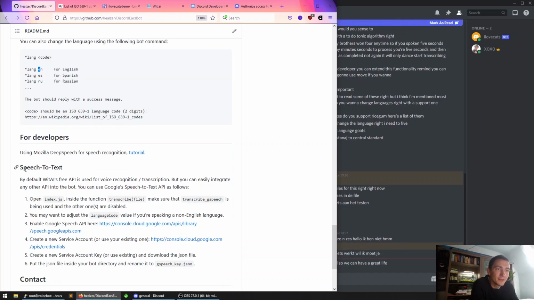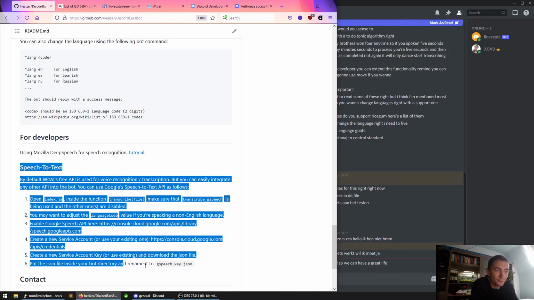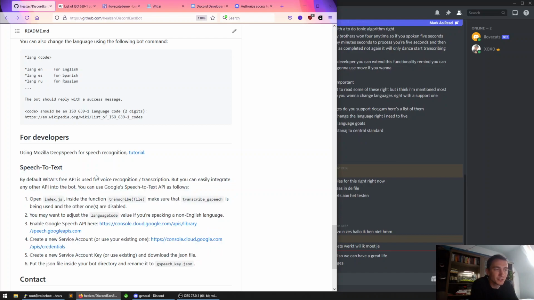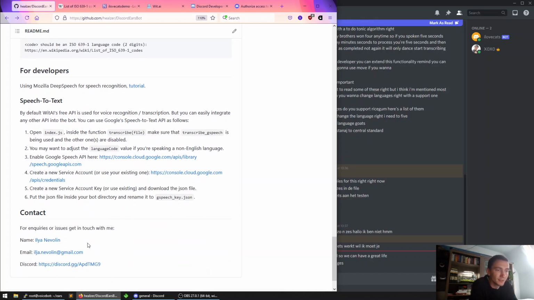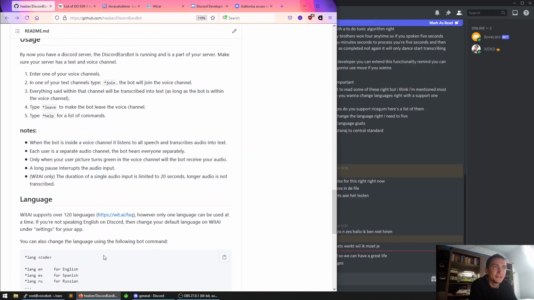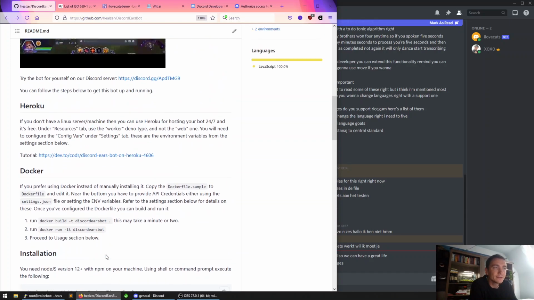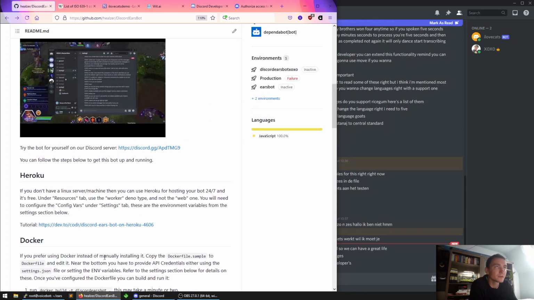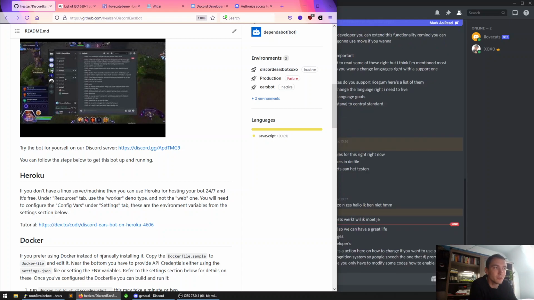So there's a section here on how to change if you want to use a different speech recognition system. So Google Speech, the premium one, is already inside. You only have to modify some code to enable it, but I'll leave that up to the developers. And I think that's it. So this was the speech bot, the ears bot,